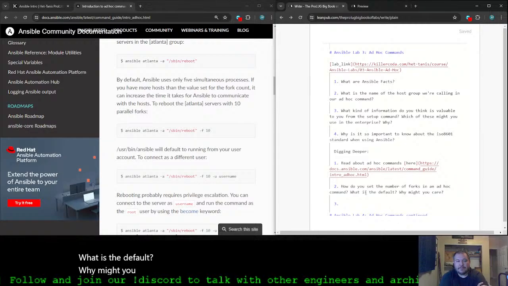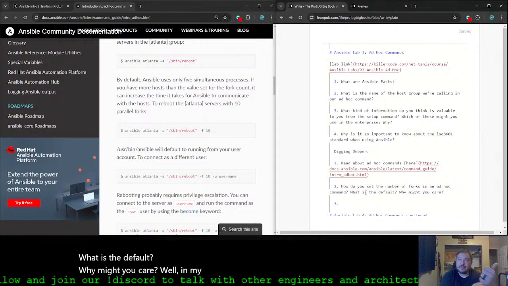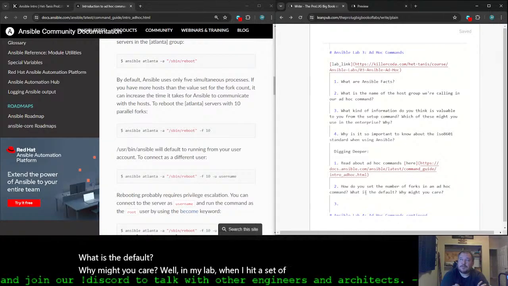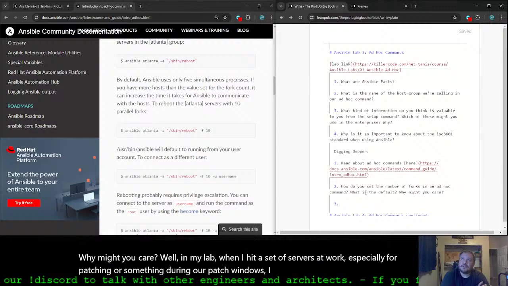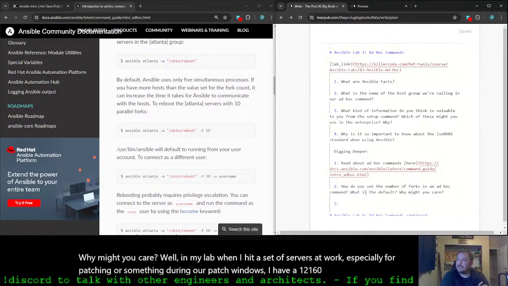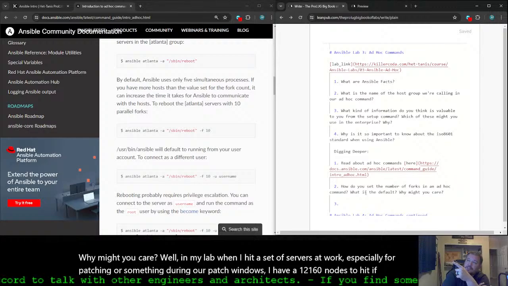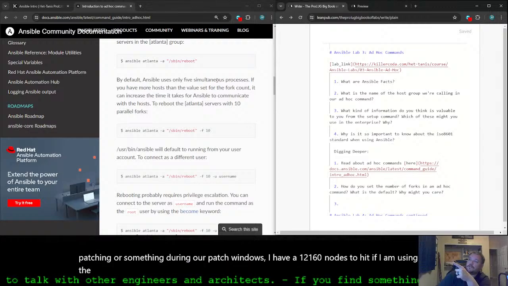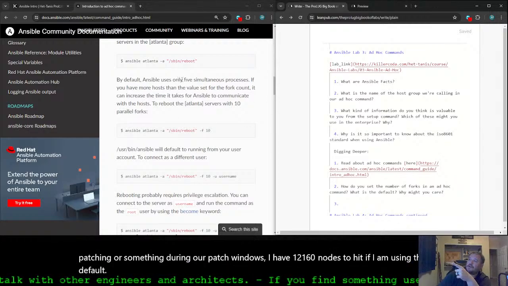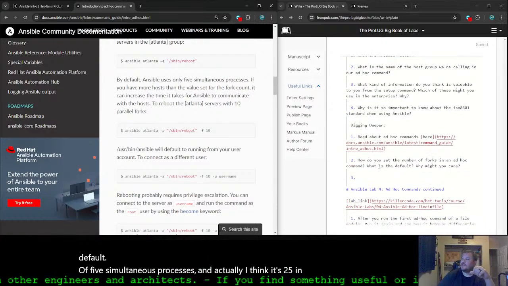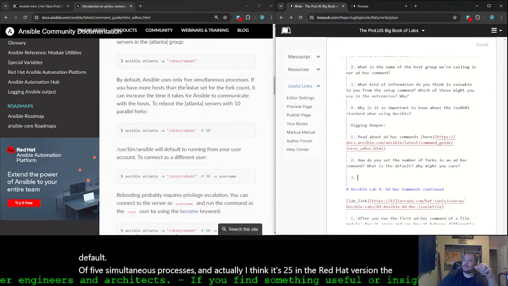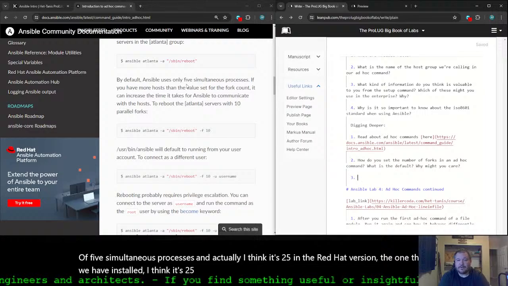Well, when I hit a set of servers at work, especially for patching during our patch windows, I have 1,260 nodes to hit. If I am using the default of 5 simultaneous processes, and actually I think it's 25 in the Red Hat version that we have installed, that's going to take forever.